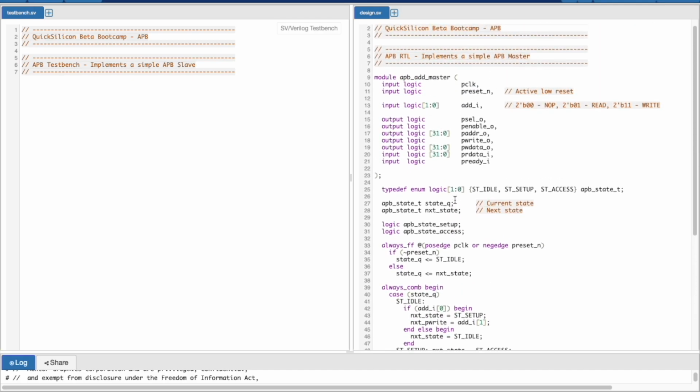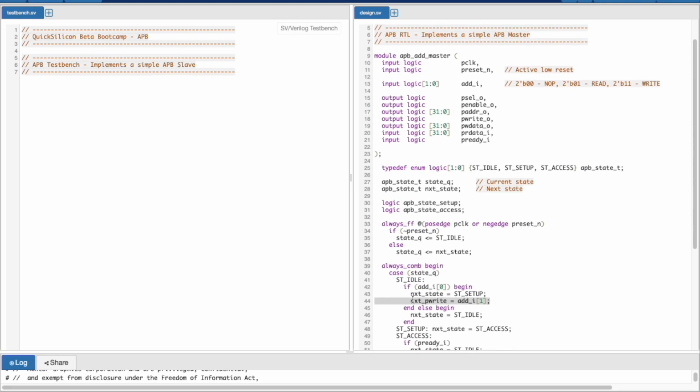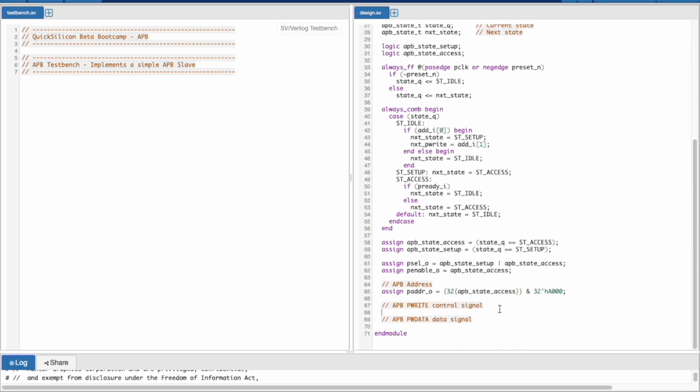Why? Because if your bit 1 is 0, that implies it is a read request, and if your bit 1 is 1, then we are giving out a write request, which means that we can assign the next PWrite signal directly to the input which we see when we are in the idle state. And now we will need to flop it, so let's add the flops for that.